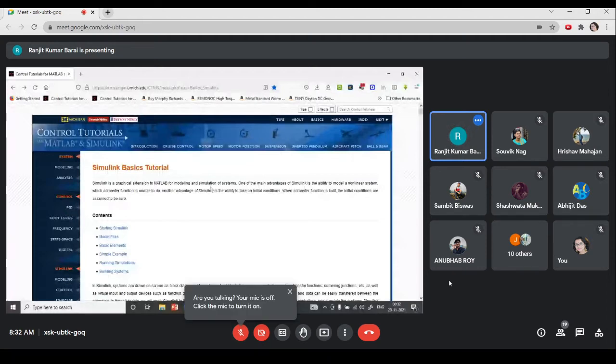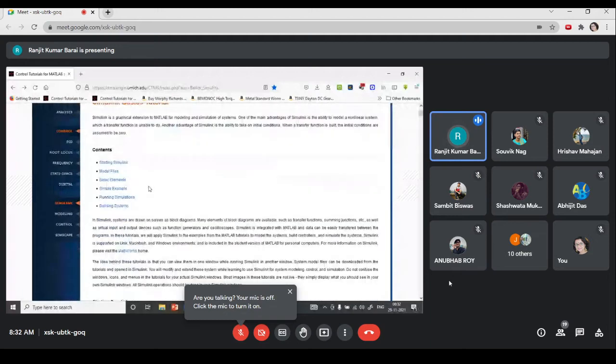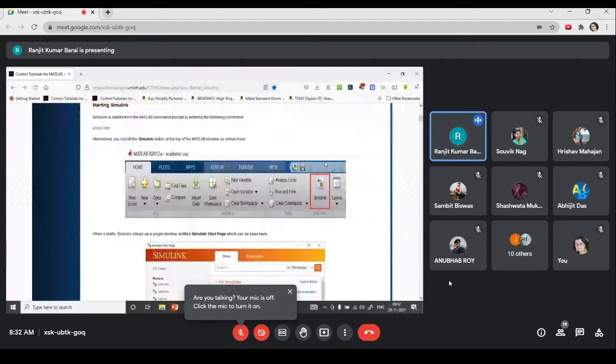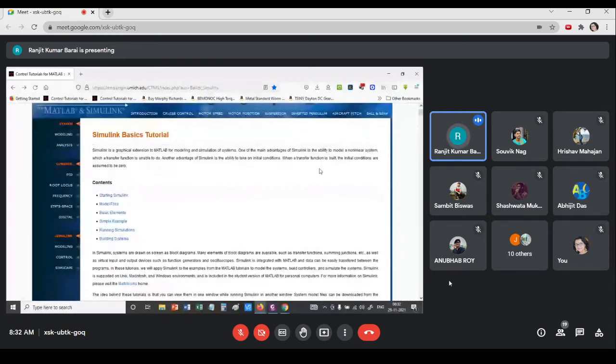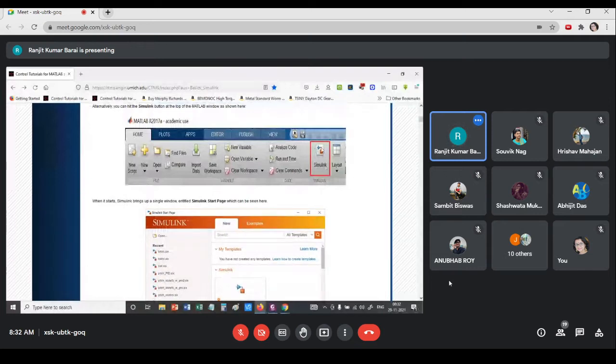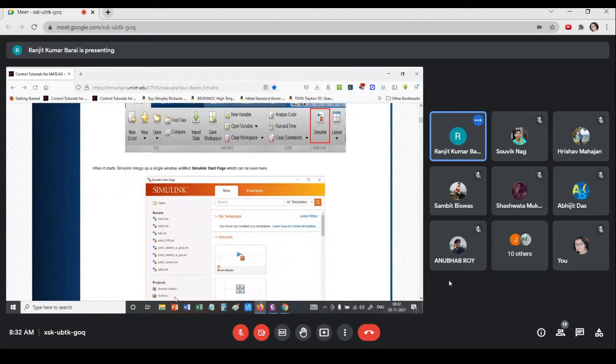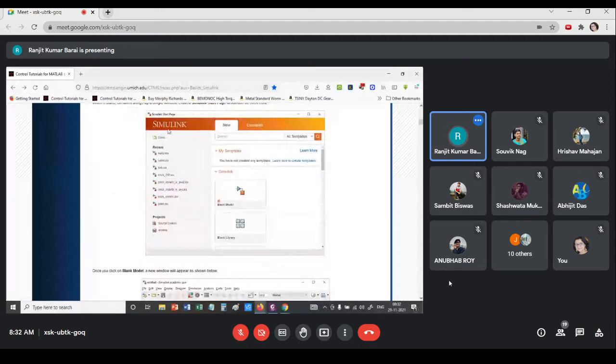And so what is there? Let us get familiarized with the Simulink environment first. When you click here, an icon will appear like this. The standard symbol of Simulink is this one. If you click on this icon, Simulink will open. The present version of Simulink, the very first page, looks like this.